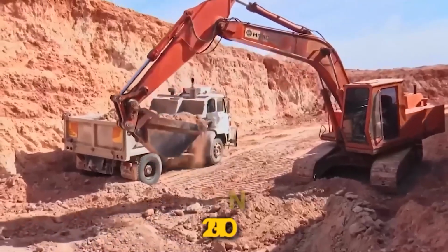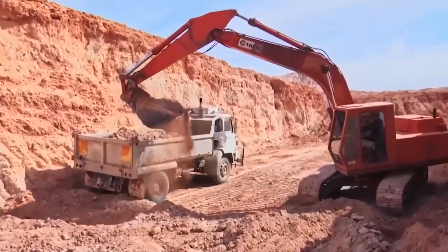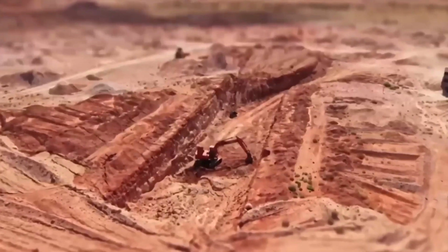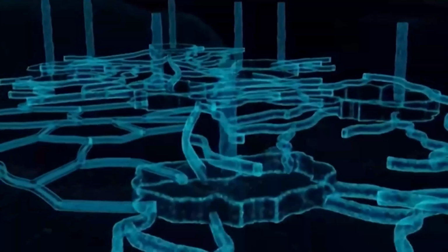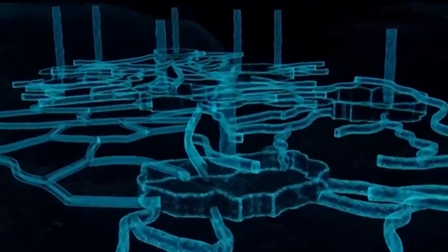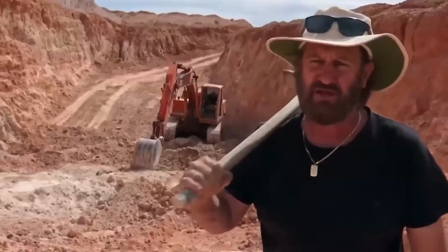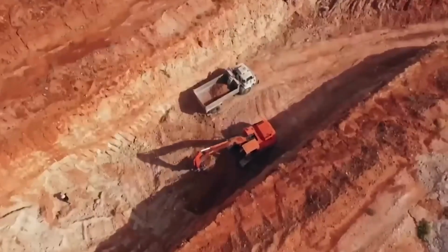The Blacklighters are using their 20-ton backhoe to clear dirt to get to an opal level because an important loader is broken. This is slowing them down to a crawl, though. Mark says that there are caves all over the place 40 feet below the ground. In the 1970s, mines were known as underground. They are now going down to see what they left behind. It will cost a lot, he says,